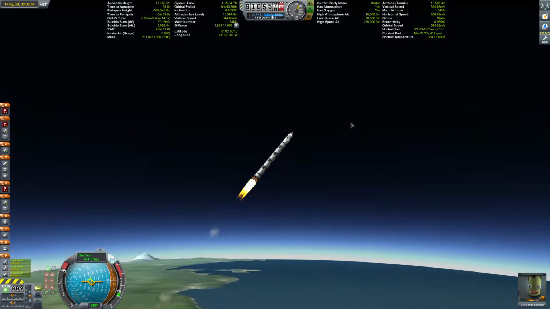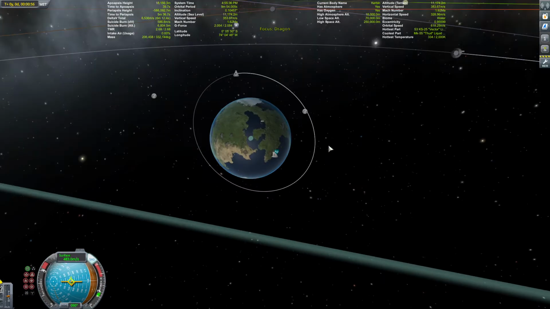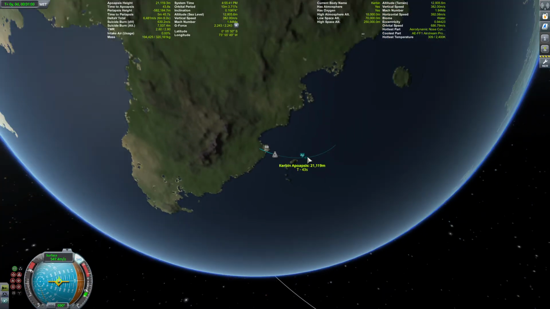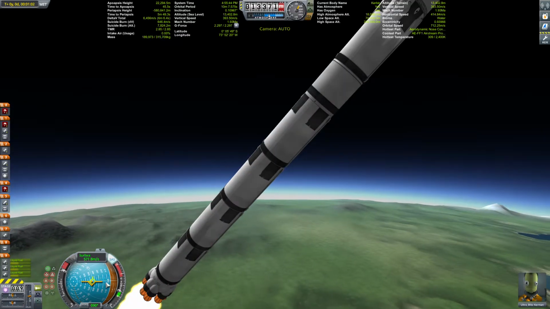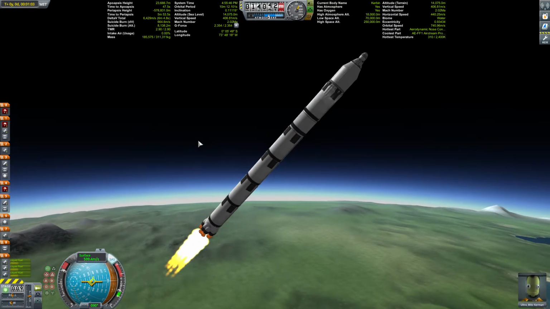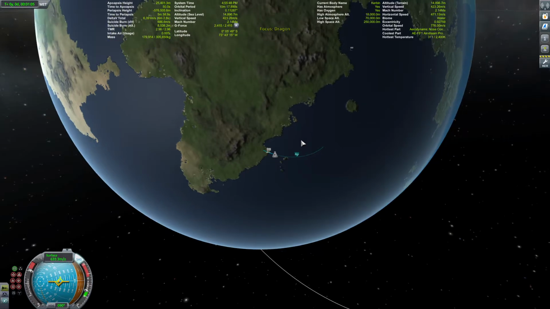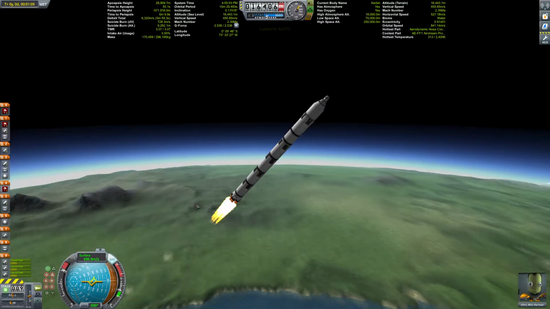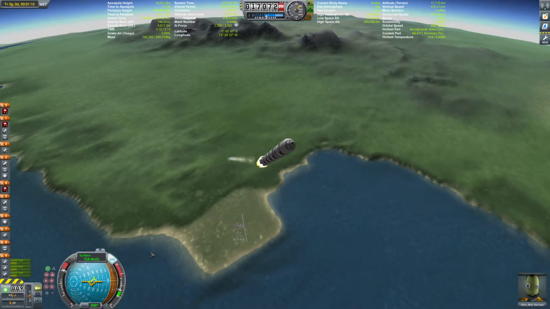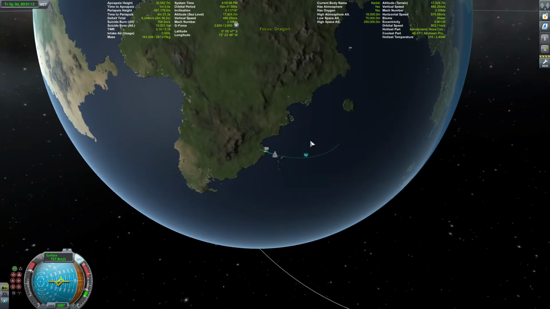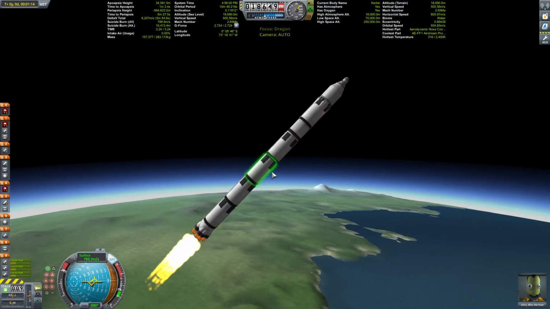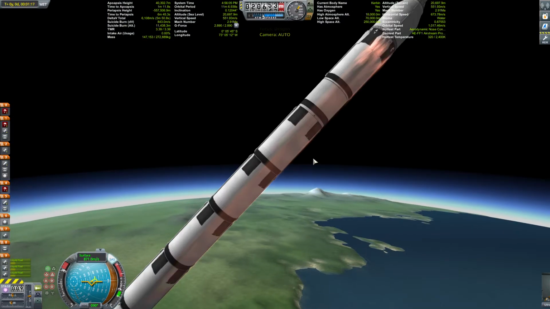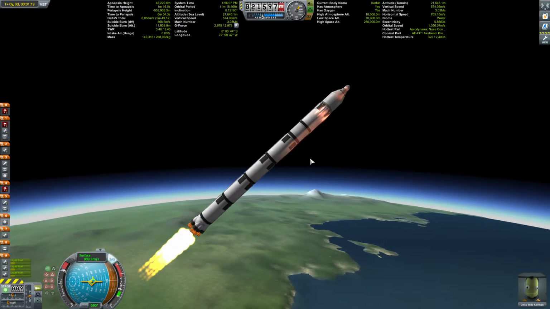And there, now we can kind of just coast here a little bit for a while, and as you can see, our apoapsis is 20 kilometers up. We want it to be 43 kilometers up before we start a turn in between the 45 degree mark and the 90 degree mark eastward on the nav ball. So 26, and we're just going to kind of coast around, slowly moving. Soon we're actually going to start hitting some tremendous speeds. So I'm going to start the gravity turn now, since we're just about there.